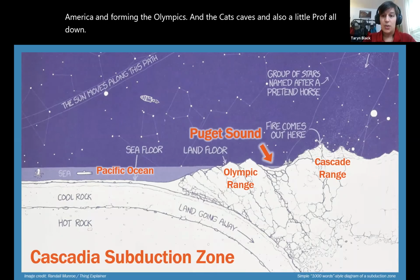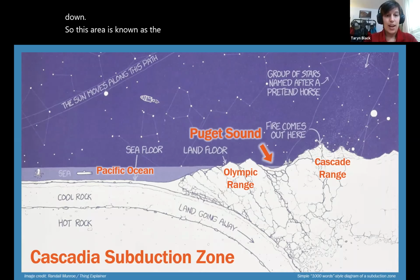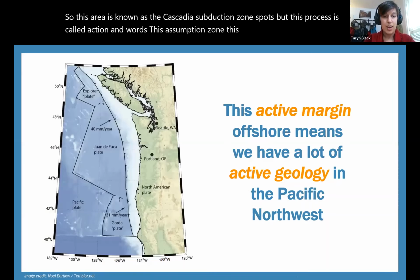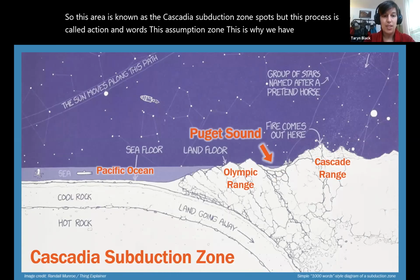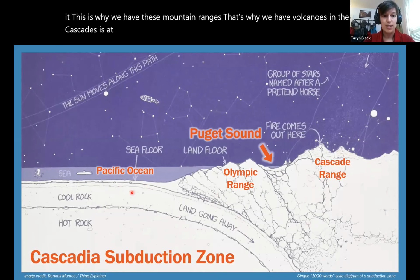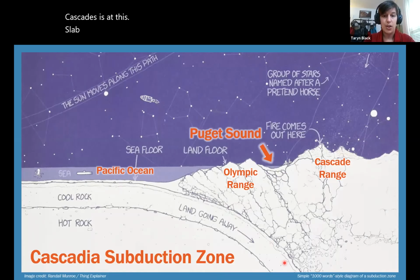So this area is known as the Cascadia subduction zone. So that's what this process is called, subduction, and where this happens is the subduction zone. This is why we have these big mountain ranges. That's why we have volcanoes in the Cascades, as this big slab of rock is descending into the earth,